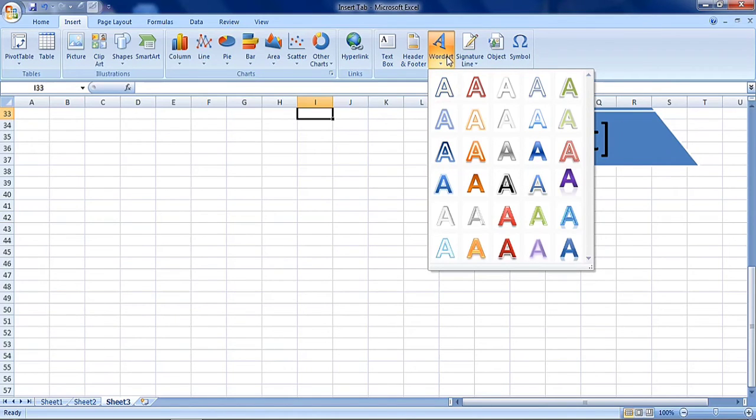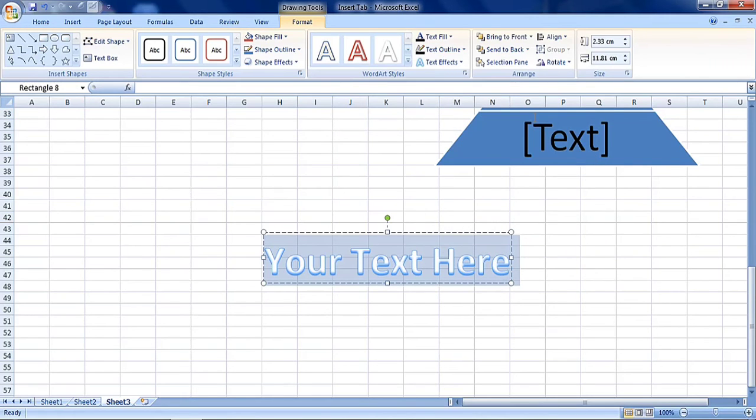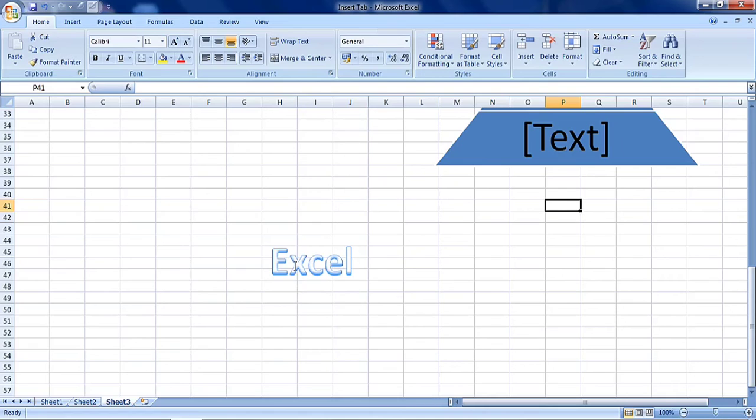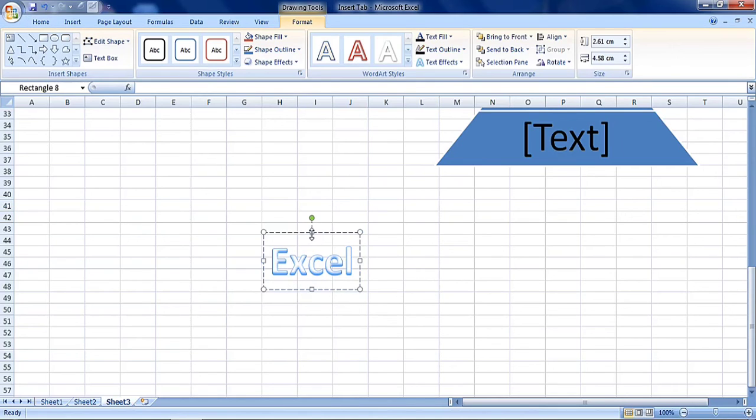Word art is a text styling utility which is used to insert formatted text. Here when you click on word art, you can see different word art styles. Click on the required style, then type the text. When you click on this word art object, you can see the drawing tools tab.